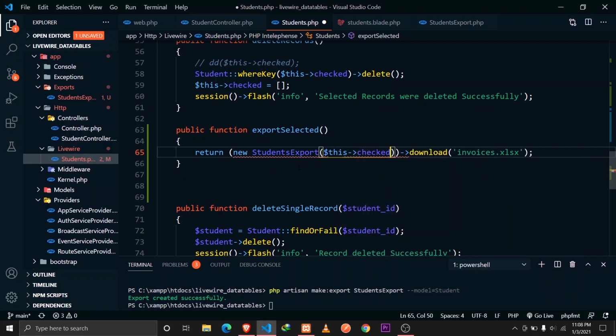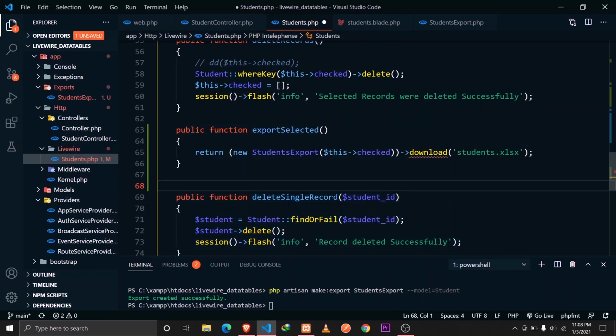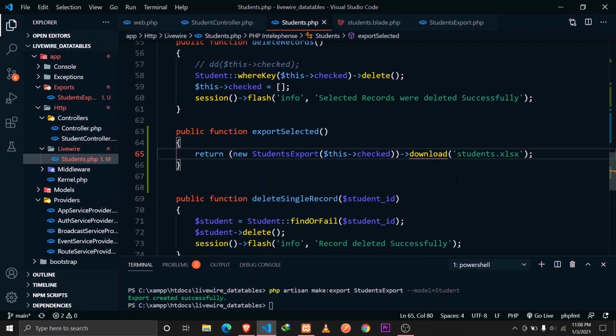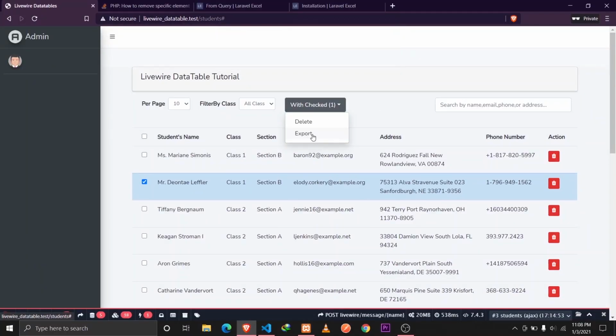So let's pass this checked array and then download, and let's name it students. Okay, and don't worry about this error. This is just an IntelliSense error here, nothing else. Our syntax is perfectly fine, and now everything should work fine. Okay, let's check out the workflow of what's actually happening here. So whenever the user clicks on OK,